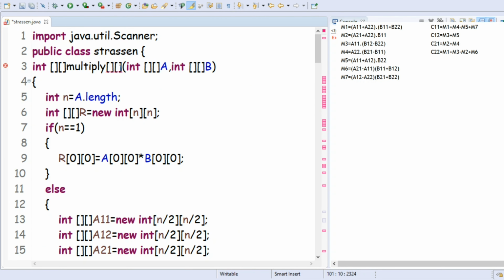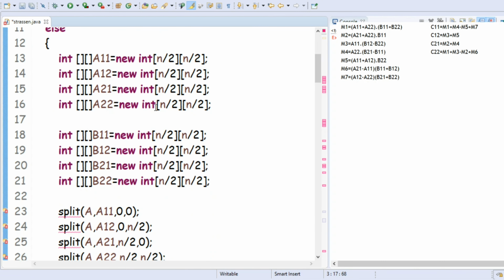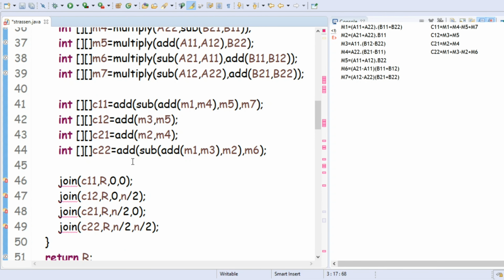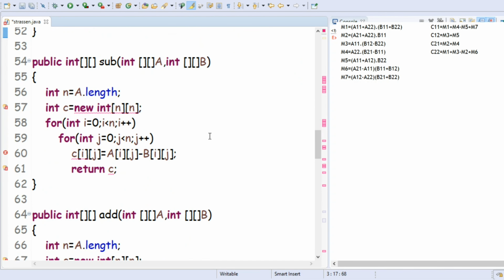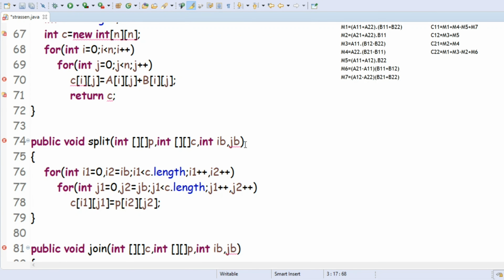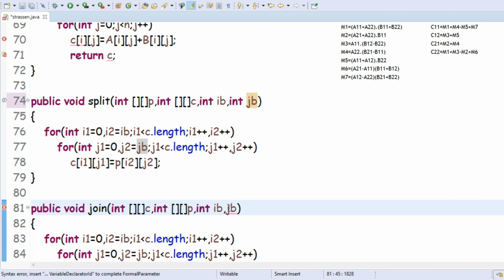Oh, here I declared it multiple times. Okay, after this split. What is the mistake in split method? Let us check it here in the split. Okay, here int jb, here it too also int jb.